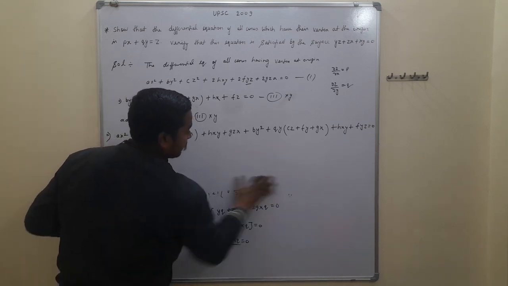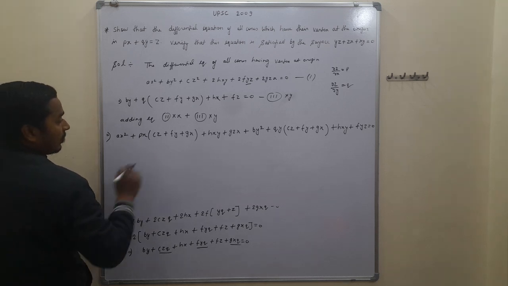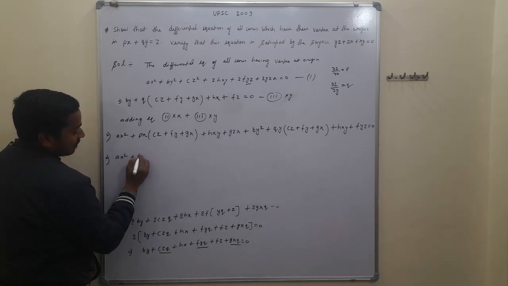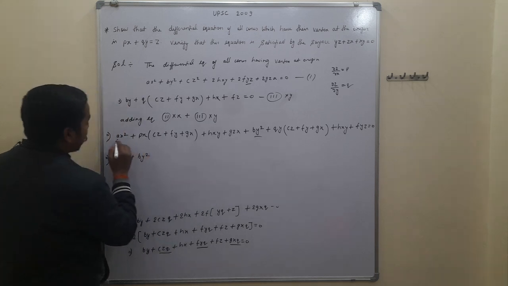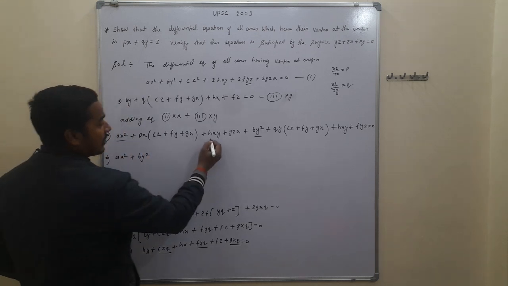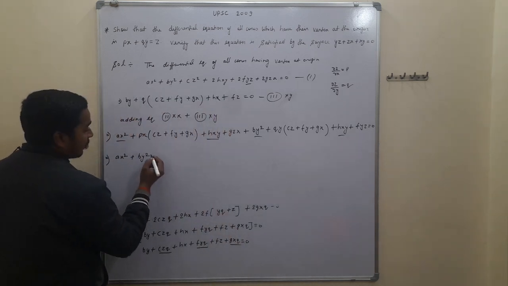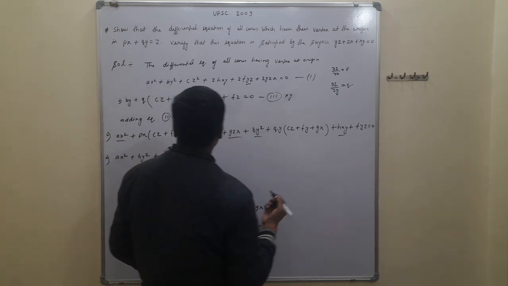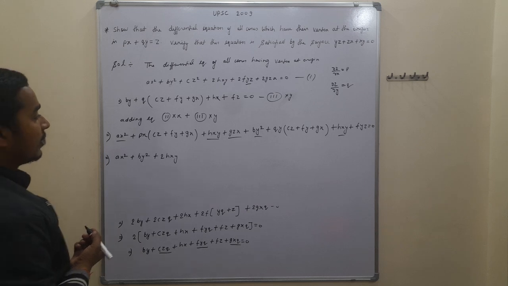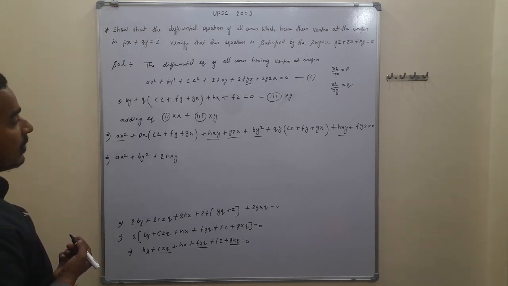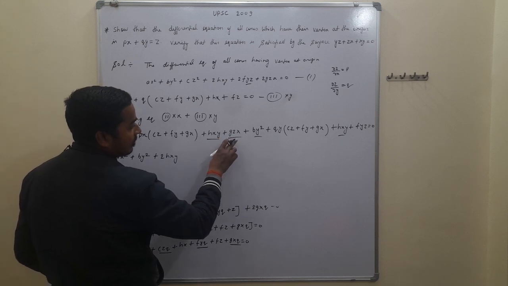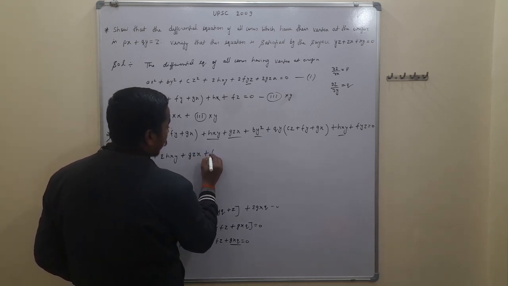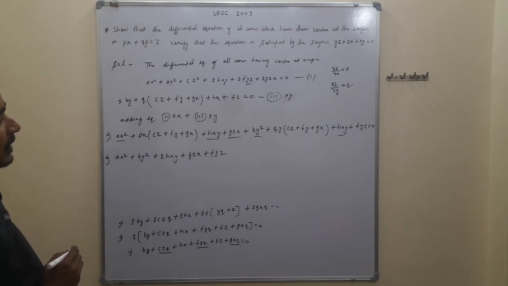Further we have to solve, we can also write this is ax square and by square, taking first this is by square, this is taken and this is taken, and further we have hxy and here is also hxy, we write plus 2hxy and here is zx and here is also hxy, this gives, we write here plus zx and plus fyz